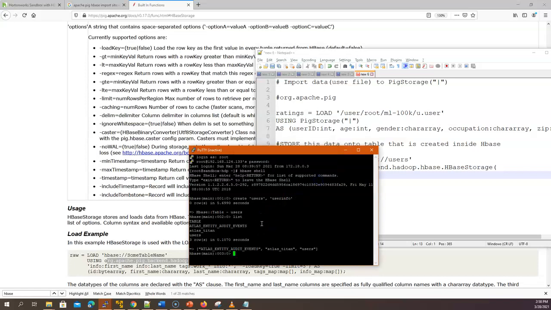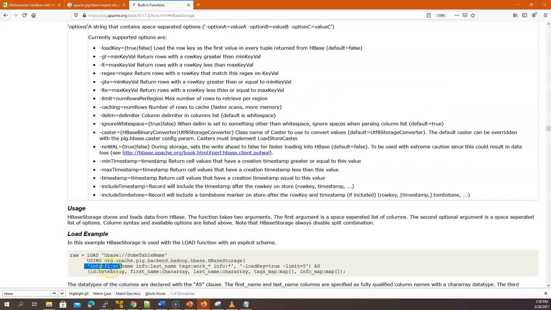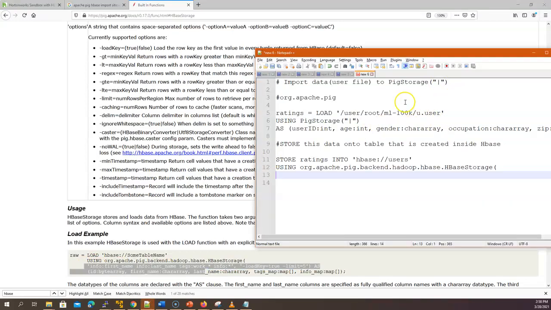Due to not responding, it already closed the session, but we know that the column family is username. So here we just have to fill in the columns with the column family, that is user info instead of info. Let's go ahead and do that. I've already opened the parentheses, so user info colon